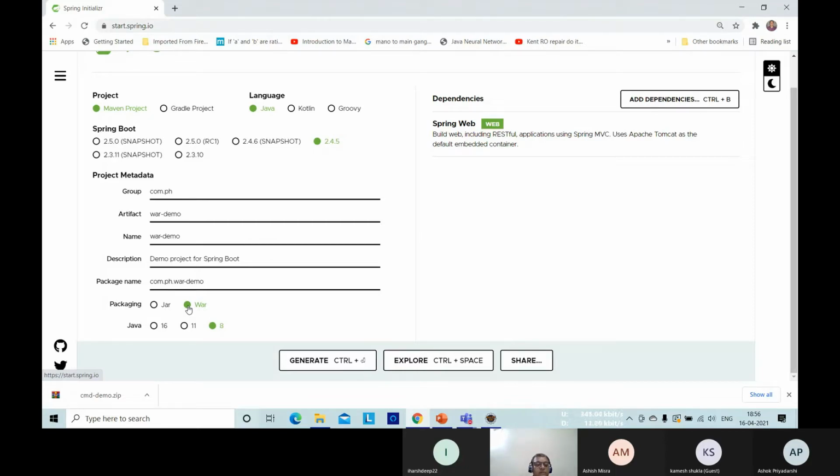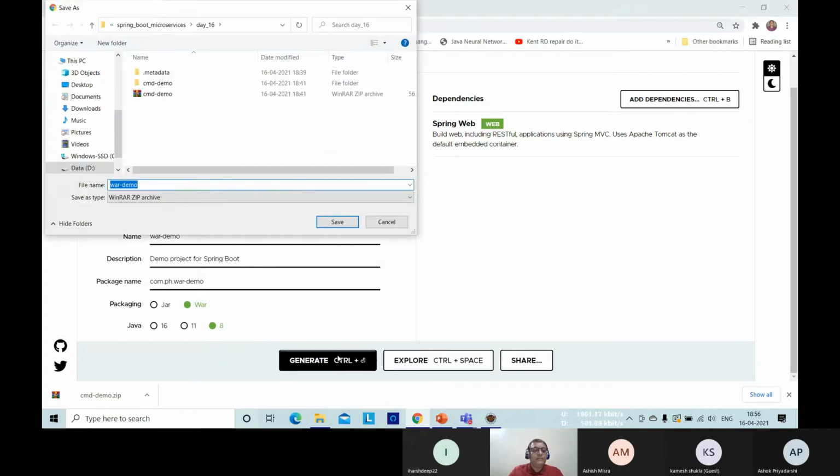So in that you have to choose the packaging option as war. The version is 8 already. Other things are okay. Now generate. So we have war demo. It got downloaded and I saved it.